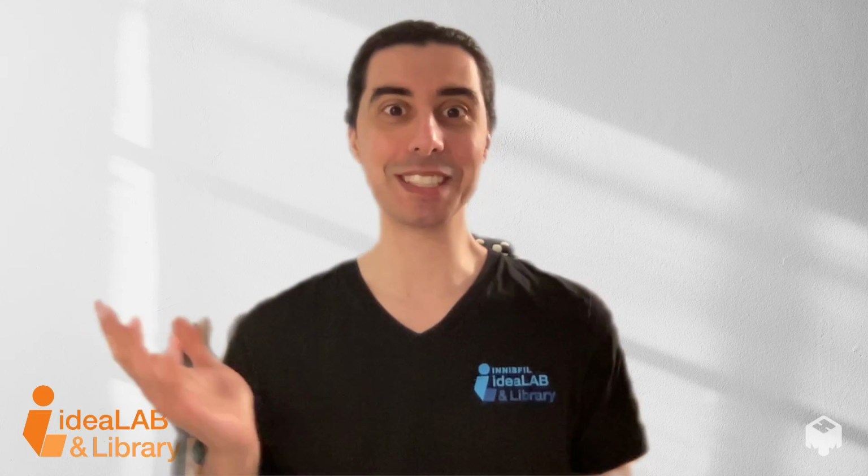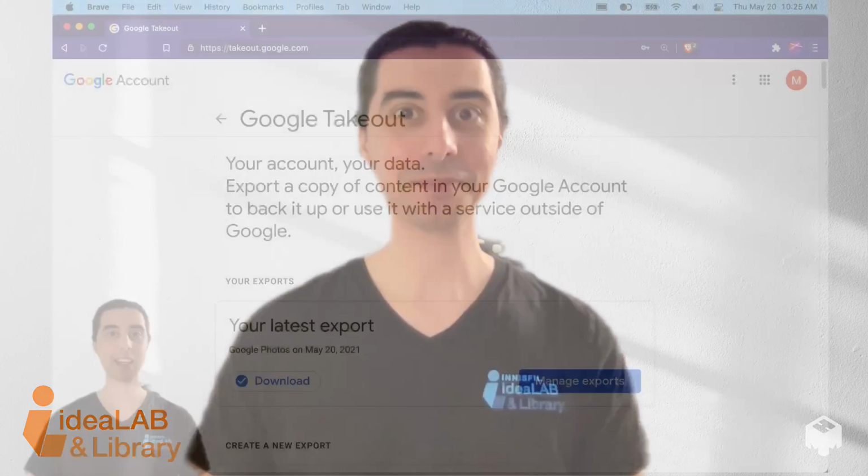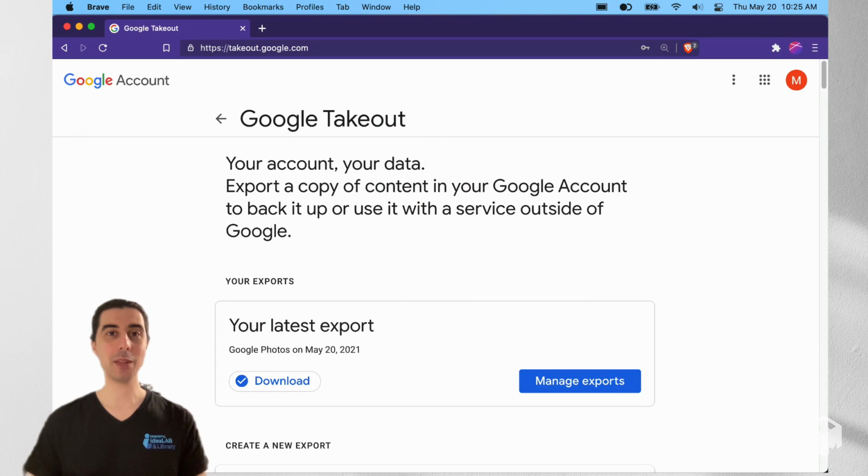And so you might find yourself in a position where you want just to download that stuff for some reason, for any reason, maybe to move to another service, or maybe just to make a backup on your home computer. The whole point is we want to get our stuff out of Google. And how do we do that? The good news is that there is a Google service specifically for this problem where you want to get stuff out of Google. It's called Google Takeout, and you can find it at